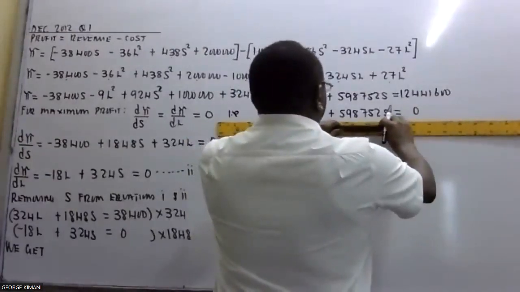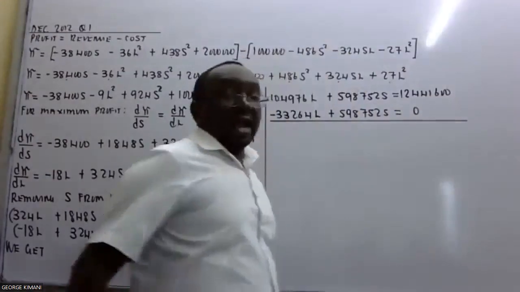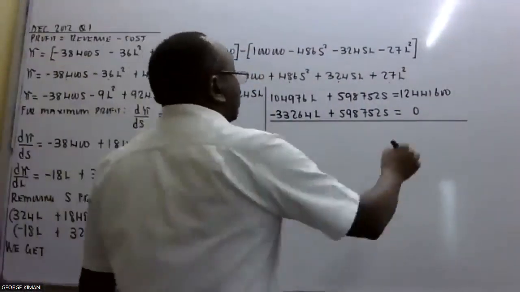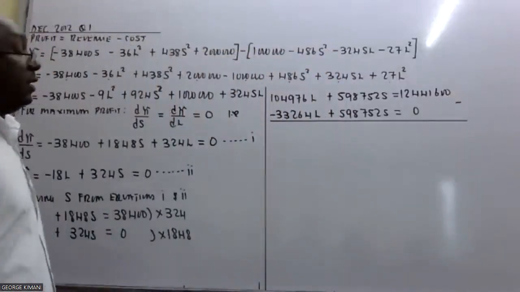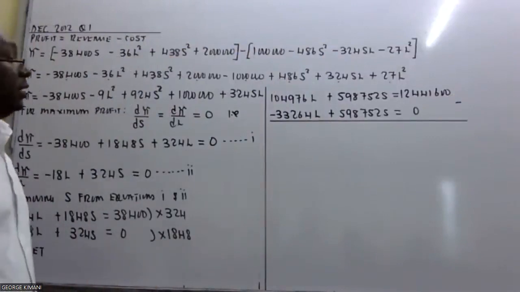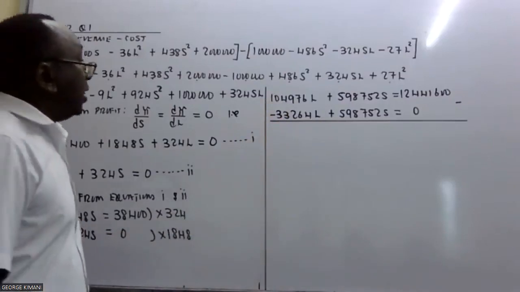So what must we do so that S disappears? Do I add? Do I subtract? We subtract. Great. So if we subtract there, this and this will become